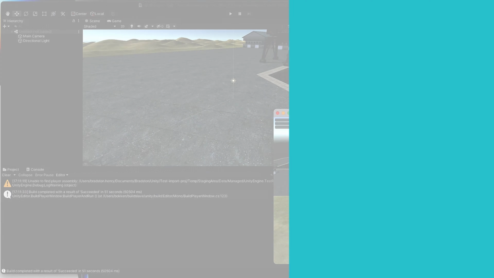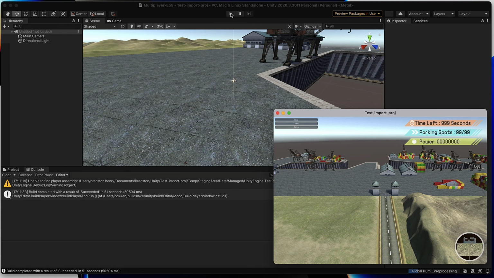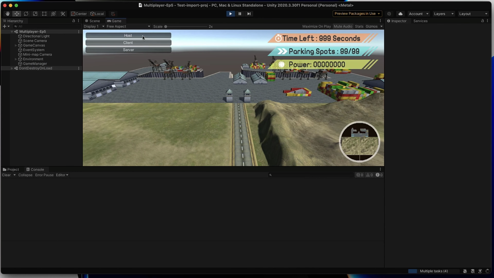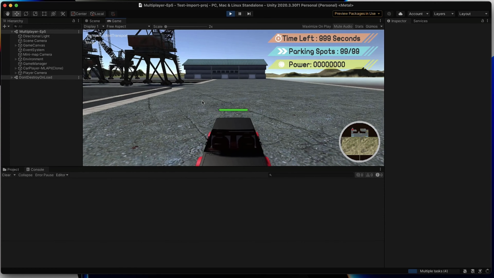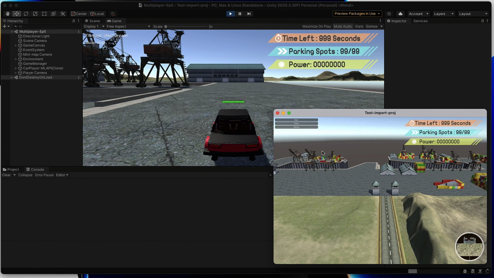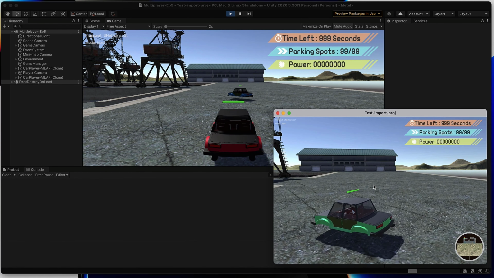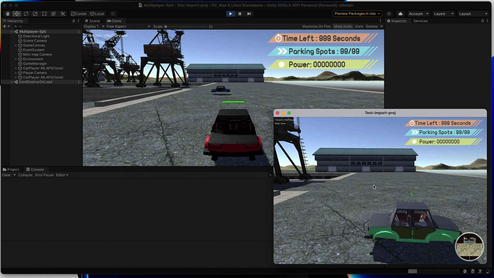All right, now with our build game running, let's go ahead and run our editor version of the game. We'll go ahead and set it as host. We'll back it up a little bit, open up our published game, click client, and let's watch the good times roll. And just like that, we have now implemented our UpdatePlayerPosition RPC and our UpdatePlayerRotation RPC method. And just like that, we have our multiplayer game starting to really feel alive.